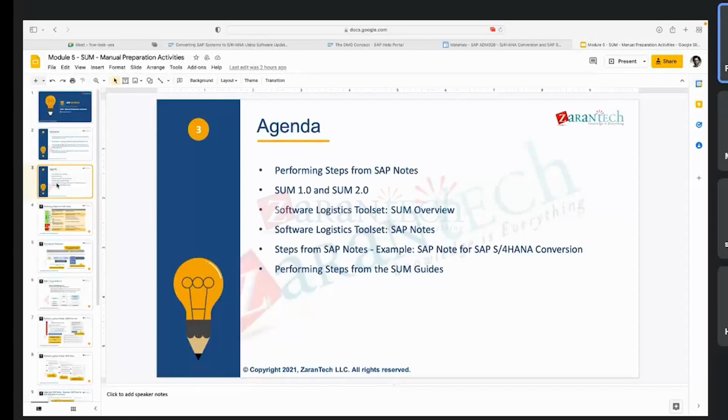So what we do is, first 5 minutes we spend on the theory, the slide, what it will do, and then we directly go to the sum tool, then we see the screens. That's how we do. So first two things, yesterday's one we will complete, and then we will clarify the doubts, and then we will start the system, the ERP system, I mean the source system which is being used, and I will provide you the access. And then we will start with the sum. First thing, we will start with the notes, what has to be implemented, where you download this stuff, and all we will discuss. So first let's stick to